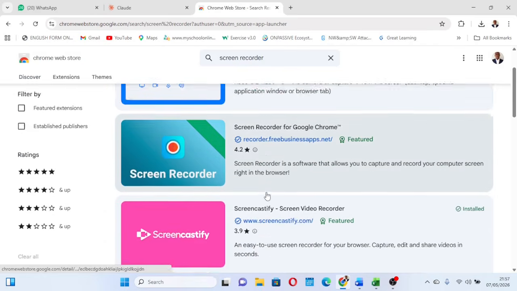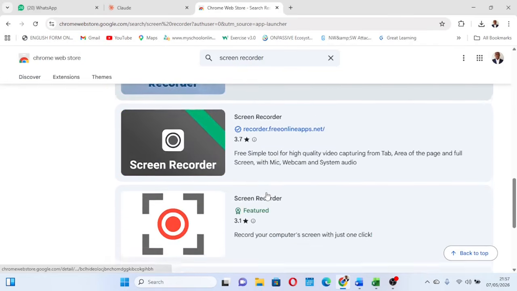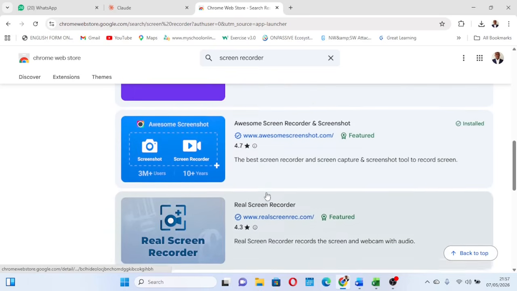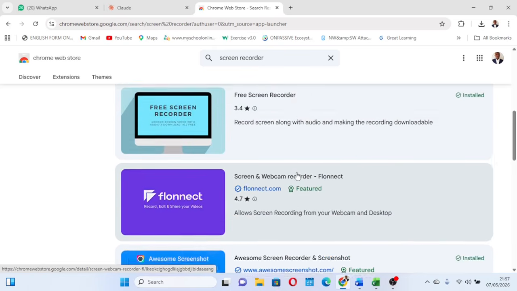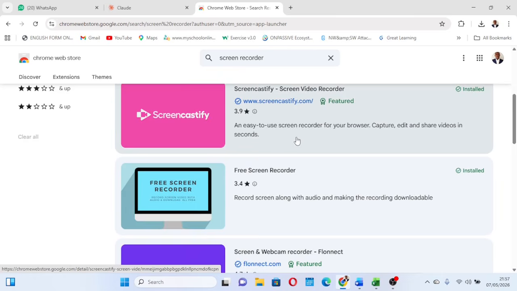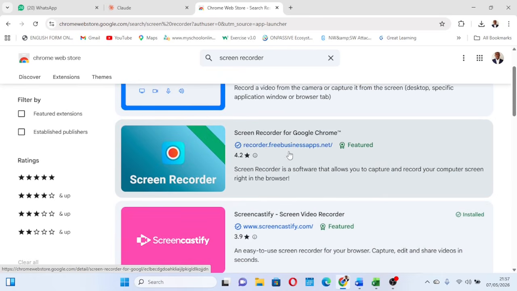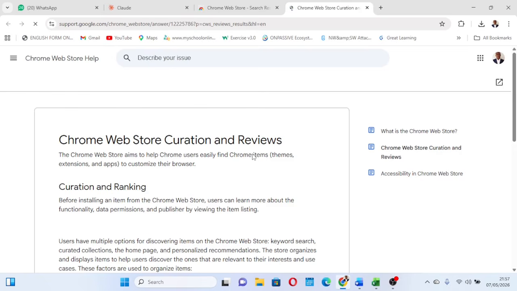Now you find different versions of screen recorders, okay? And then this particular version is what I have installed. It is very useful and very effective, okay? So let's say you wanted to install this or this has not been installed. All you need to do is to click it. When you click it, you find out that